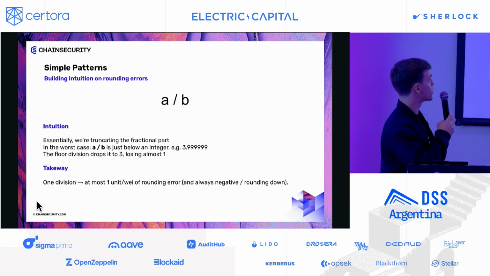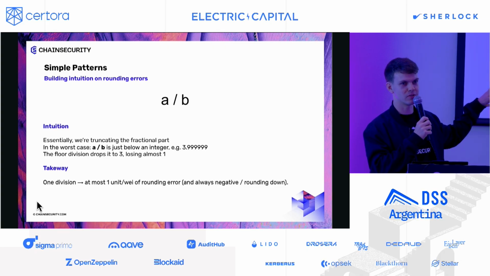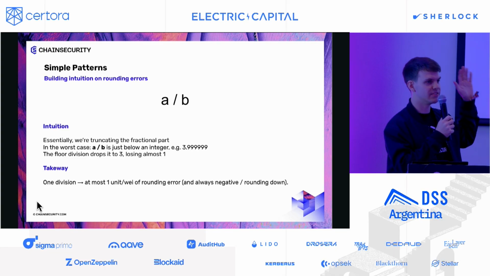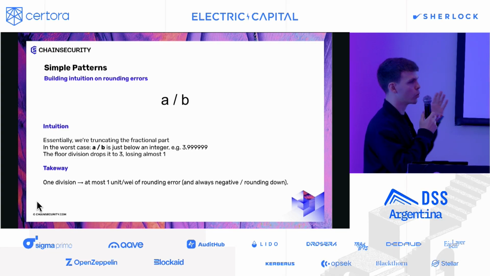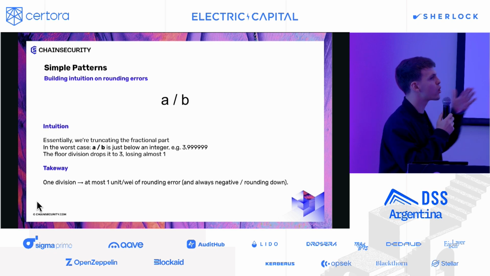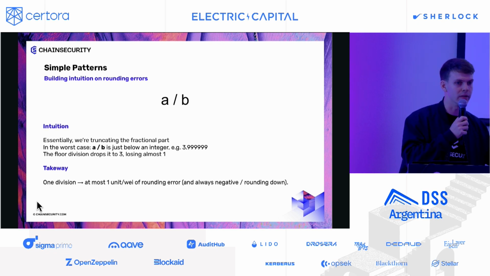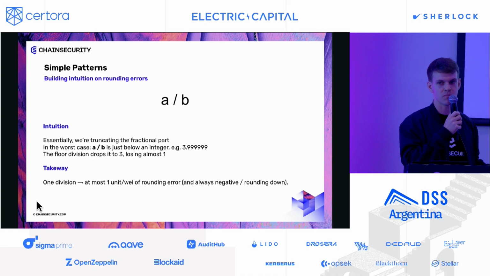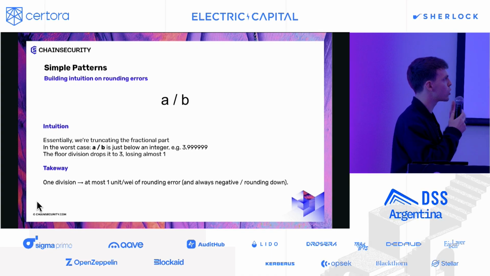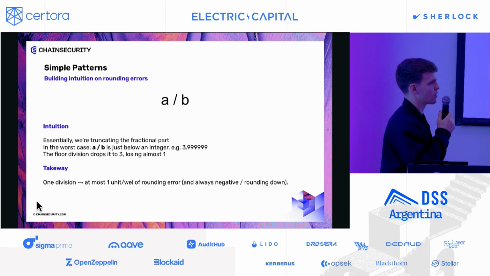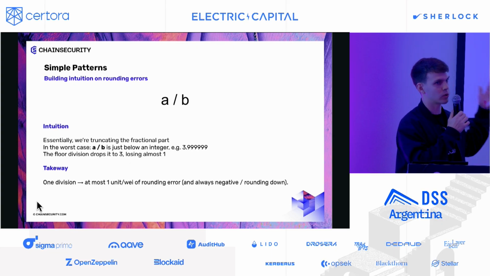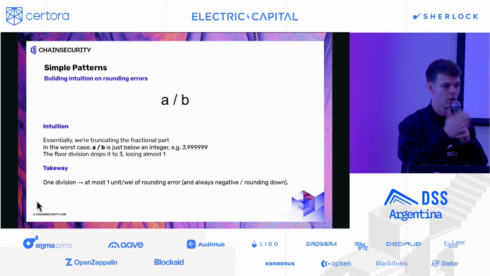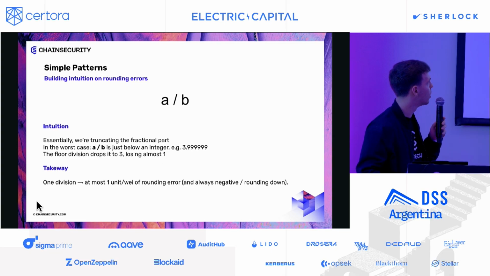The first one we're going to look at is the most basic one we are going to see today, and we're going to ramp up the complexity. If we have A divided by B, then you probably all know that the furthest we can be away is almost 1. The worst case is if we were trying to reach maybe 3.99999 something, well, we'll get only 3. So the furthest we can be away is almost 1, which is sometimes quite bad, sometimes quite good. But this we can easily reason about. We know it's going to truncate just the fractional part of the number.